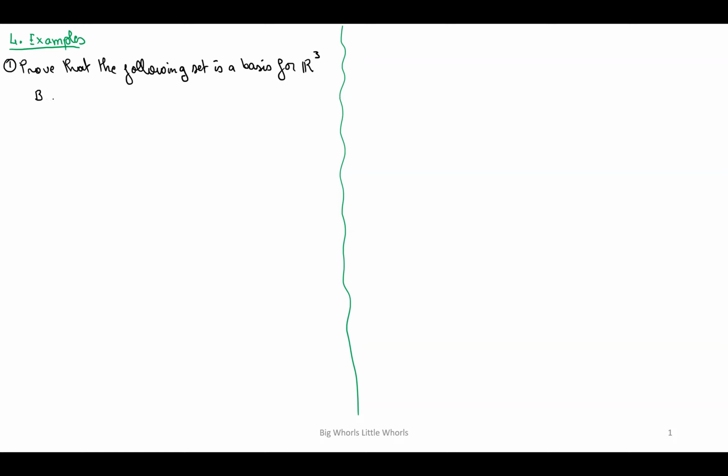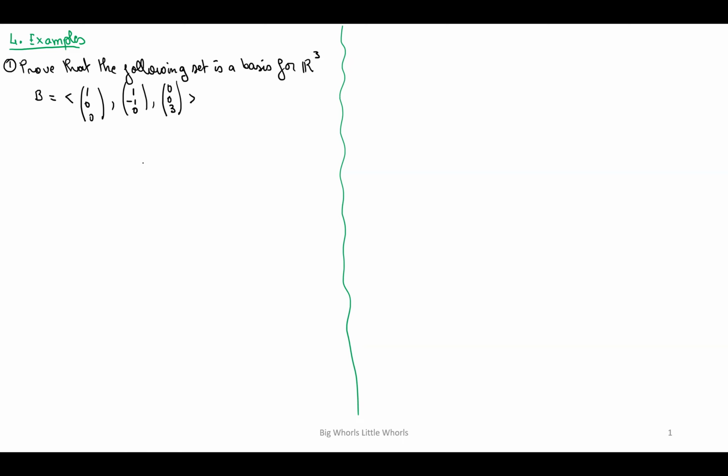So we have B equals to (1, 0, 0), (1, -1, 0), and (0, 0, 3). So we have seen in the definition that a basis for a vector space is a